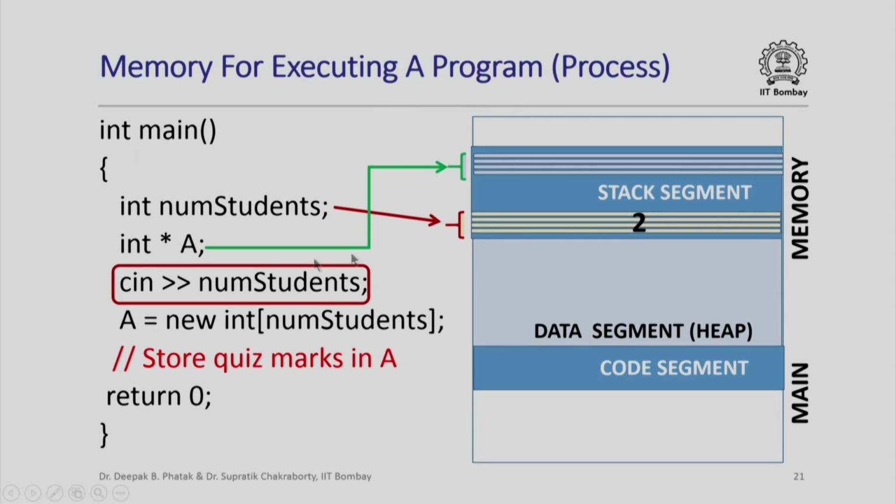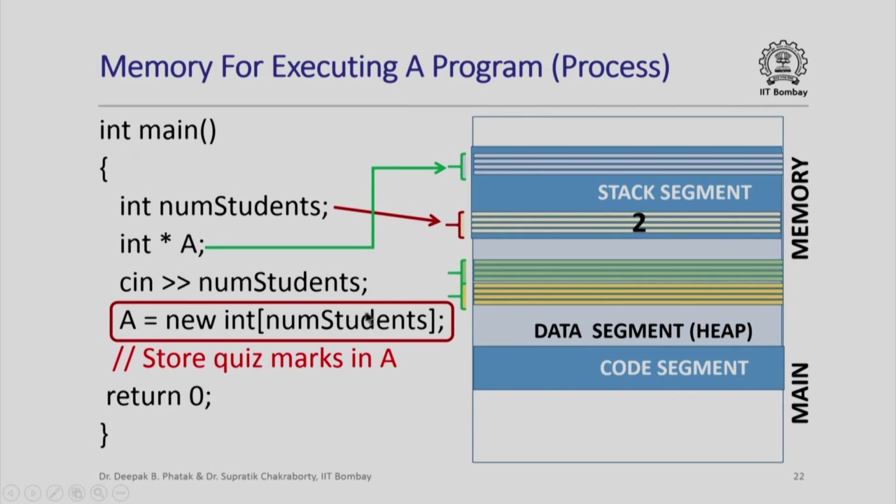After that I read in the number of students, let us say that value is 2, so that comes here, the space reserved for numStudents. Then I execute the statement where I am saying please give me an array of size 2 where each element in the array is an integer. Now, the space for this could not have been stored in the stack segment because I did not know the value of numStudents